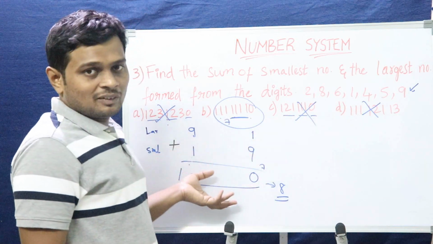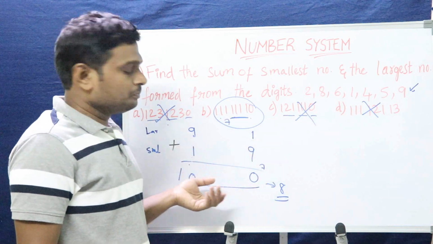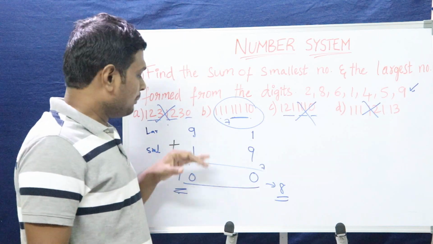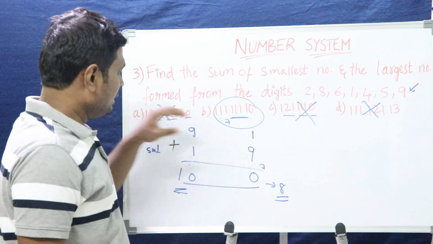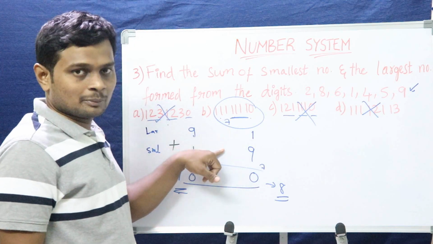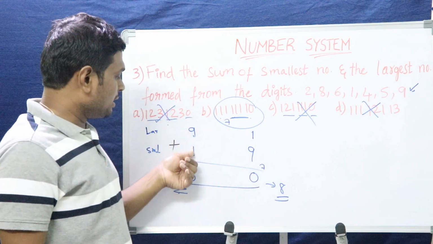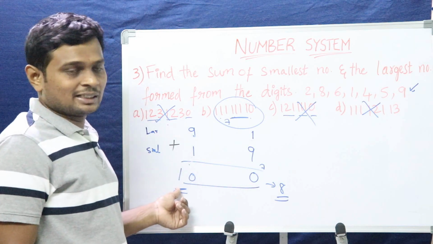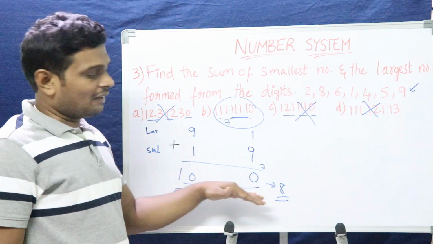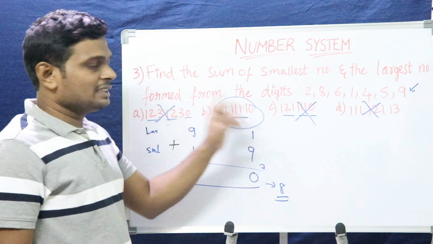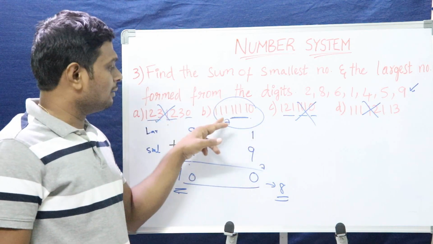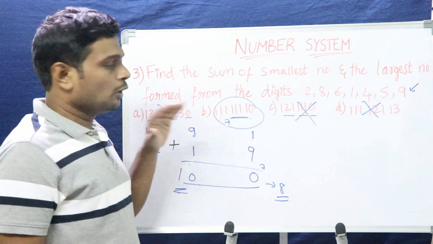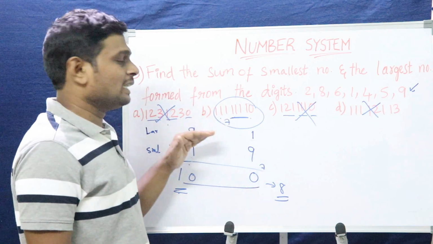Then what is the second thing we need to do? We need to find out the possible number of digits in the resultant. Possible number of digits here: this is a 7-digit number, this is a 7-digit number. The outcome is 9 plus 1 here, so we are getting one more extra digit in the resultant. So the resultant would have 8 digits. Among these options, what is the 8-digit number? Option B. Option B is the only 8-digit number. I hope you understood the problem. Let me take one more example.